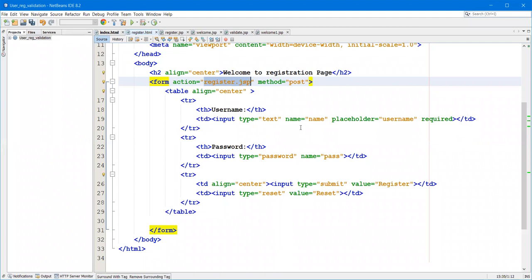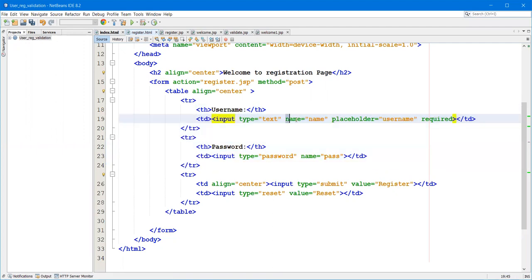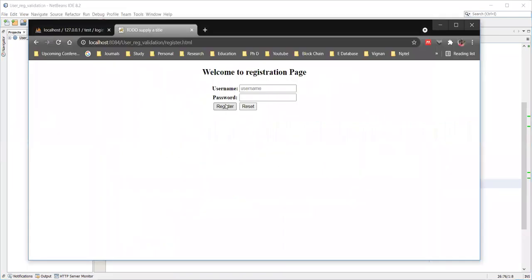The form details are the same as used previously: the text field name is name only, and the password field name is pass only. Upon clicking submit, here we have the registration button, and also a reset button.